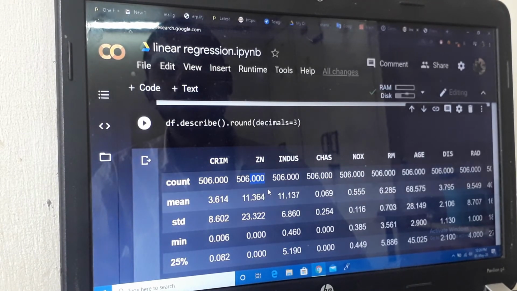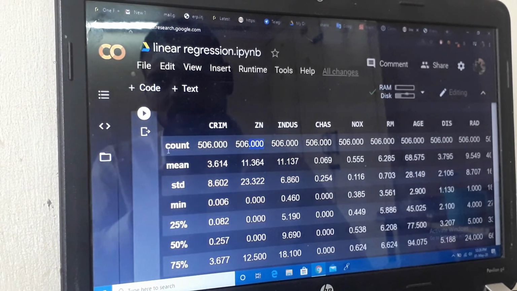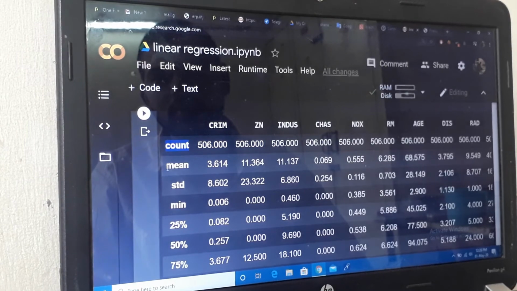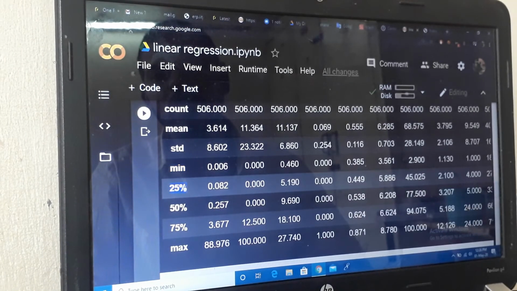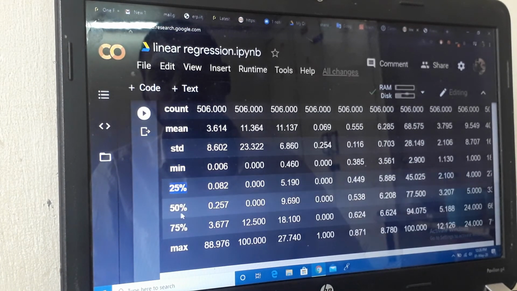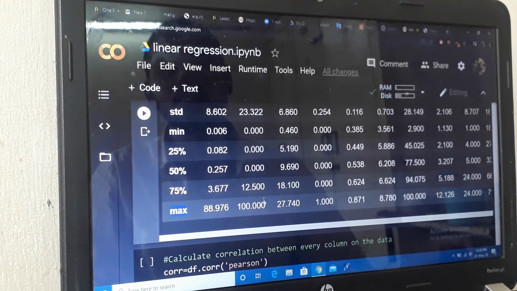in 3 decimal points, and it also shows the count value, what is the mean, what is the standard deviation, and also percentiles, the quarter percentile, half percentile, and three-quarter percentile, and the maximum values.